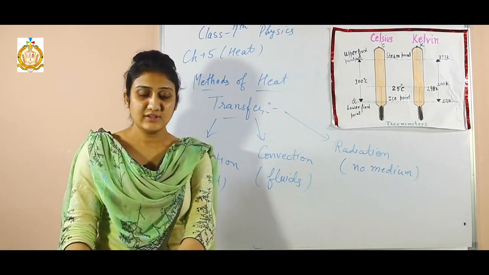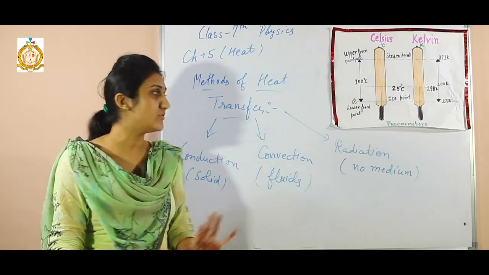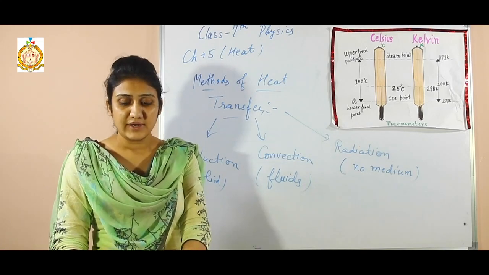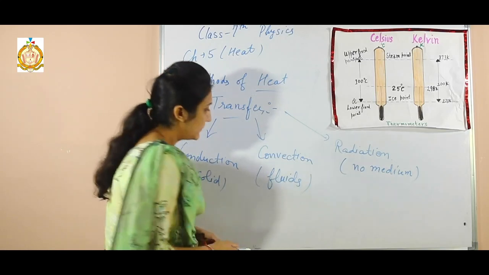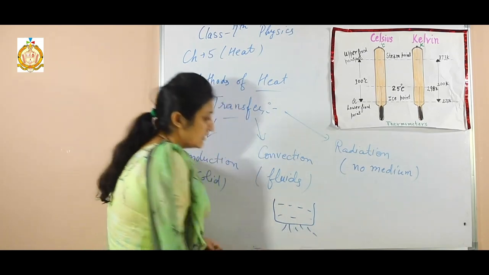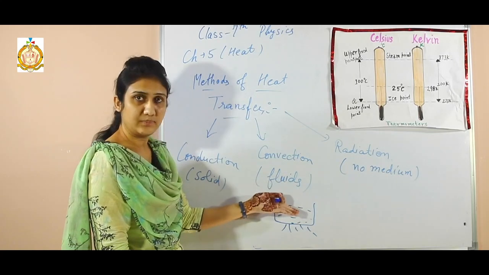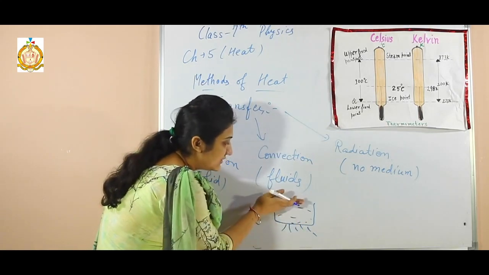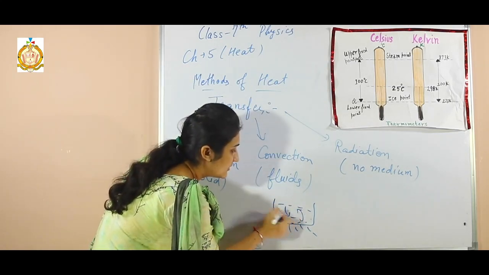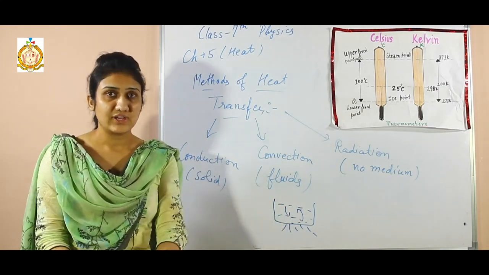And the next one is convection. In case of convection, the heat is transferred by actual motion. In conduction there was no actual motion, it was from particle to particle. It is from actual motion of the particles of the medium being heated. For example, if here is water and here is the burner, the first layer of the water will get heated up and go upward, and again the next layer would come down. In the similar manner convection currents start up, right? So by convection currents the whole water would warm up. In this way convection works.